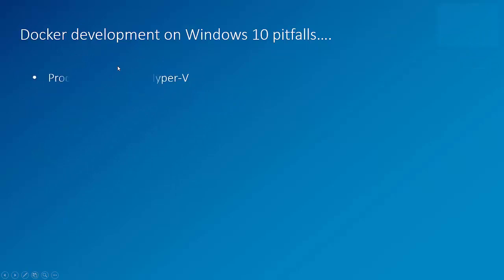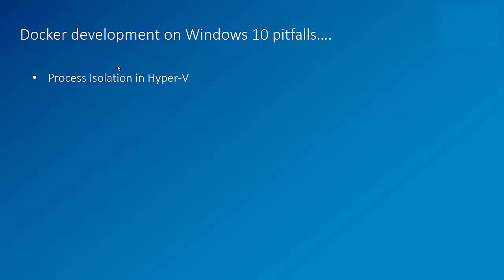What you want to know is that there is process isolation happening in Windows. All these points are from a Windows 10 developer perspective. So if you're developing Docker or trying to learn Docker on your Windows 10 desktop, you need to remember this. The process isolation is via Hyper-V, which means that the processes are not visible in the task manager, and also you cannot directly talk to